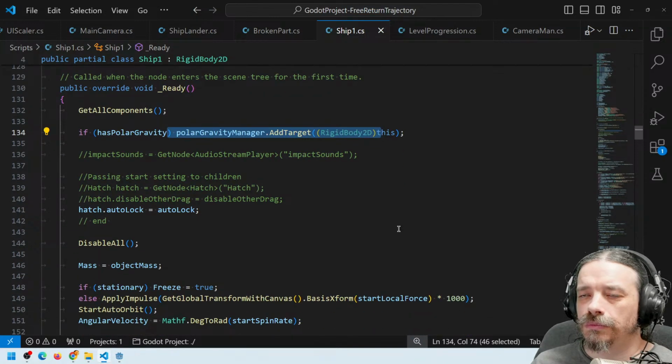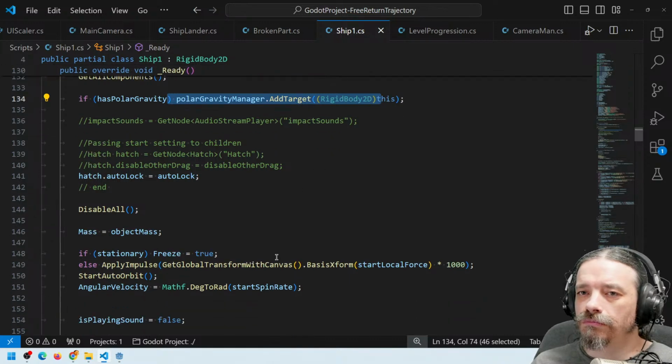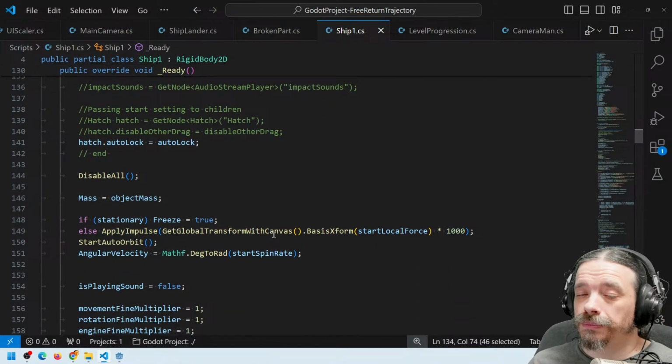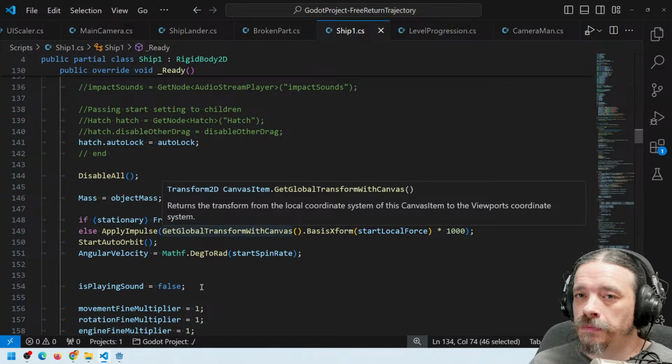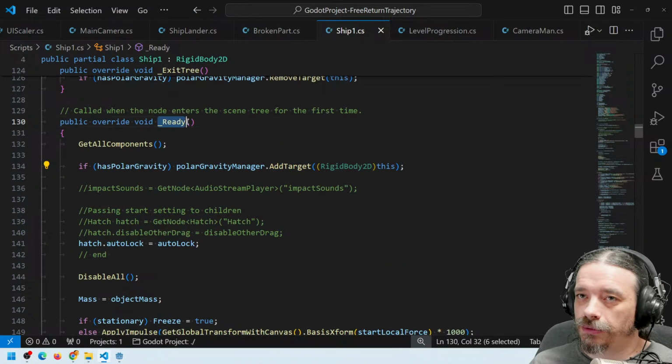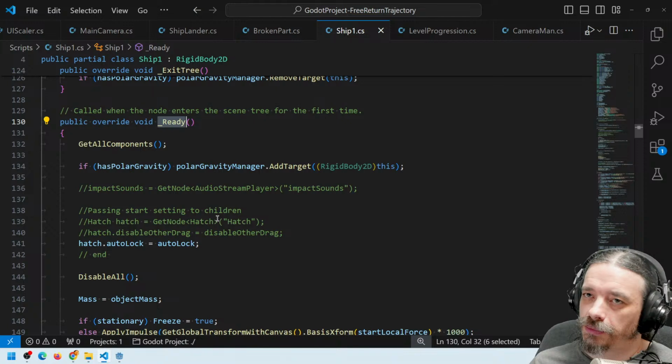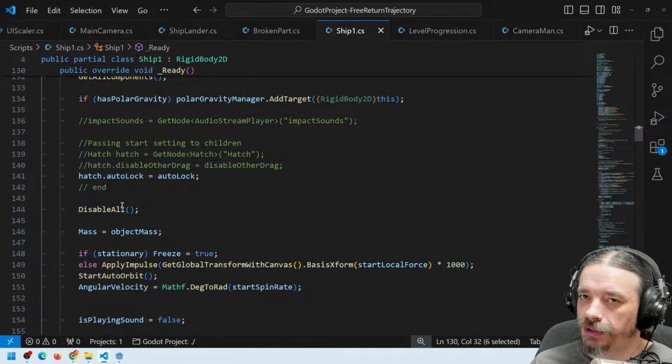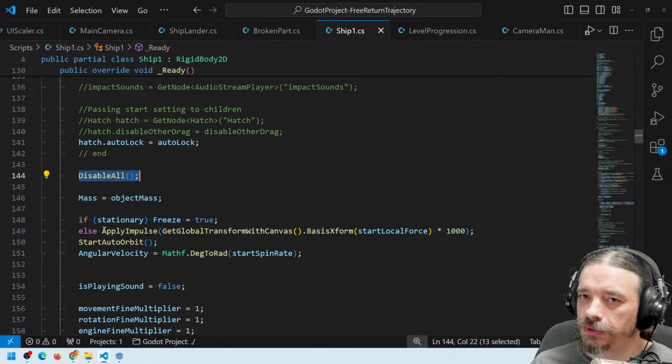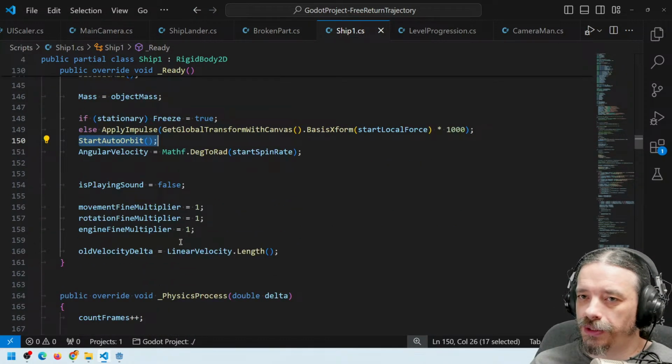Okay. So technically the Polar Gravity Manager already has. Well, maybe not, because this is happening already. If this already happens first, then the planet will not be there before this. So this start orbit needs to actually happen after the ready. So it will be the first